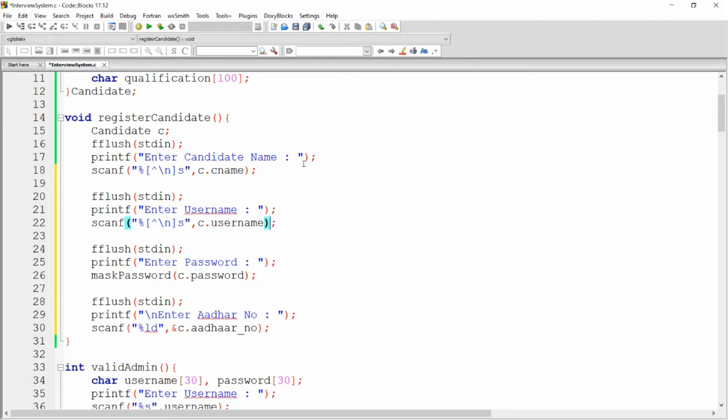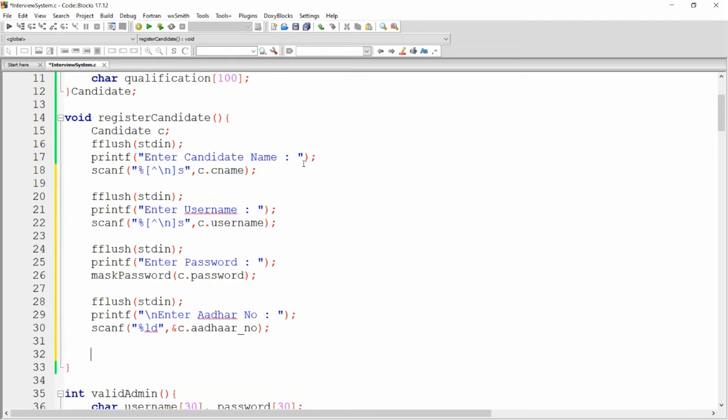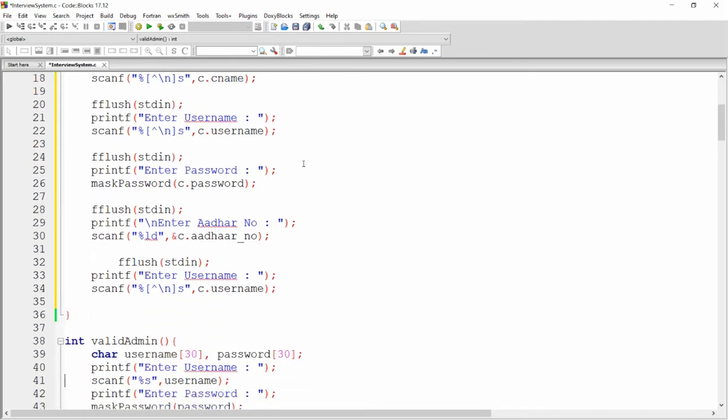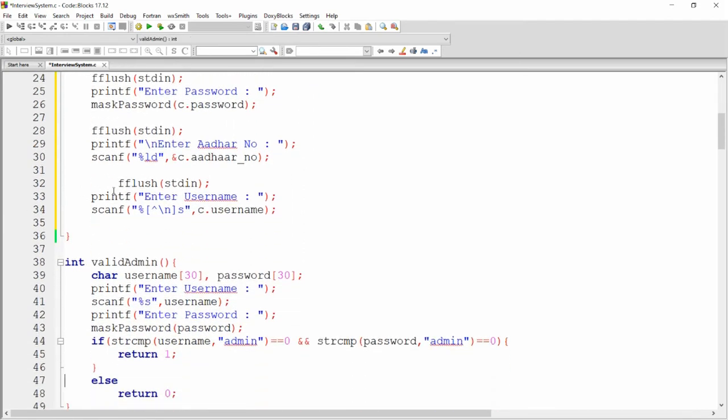So let me copy this, that is username. You can just simply copy this particular portion and paste it over here. Now I want to ask the user to enter address, and the address may also contain spaces. So here you can write enter address, and here you can say that this is c.address,